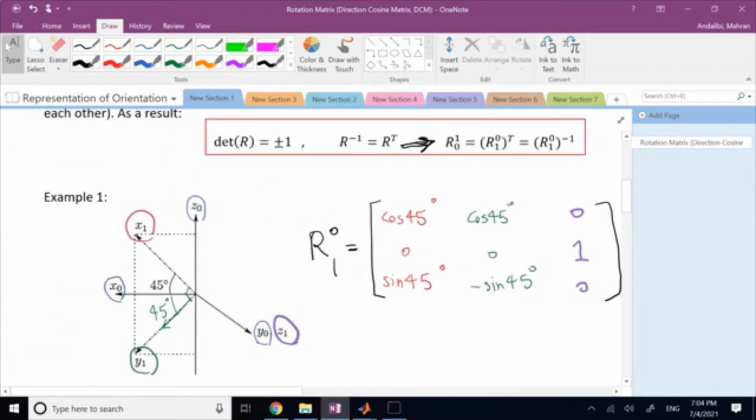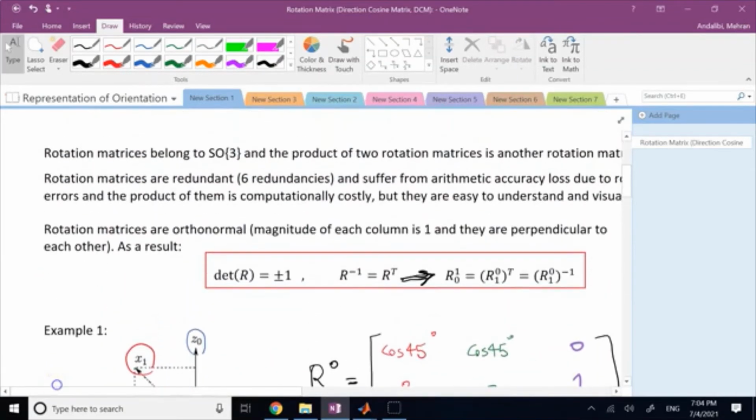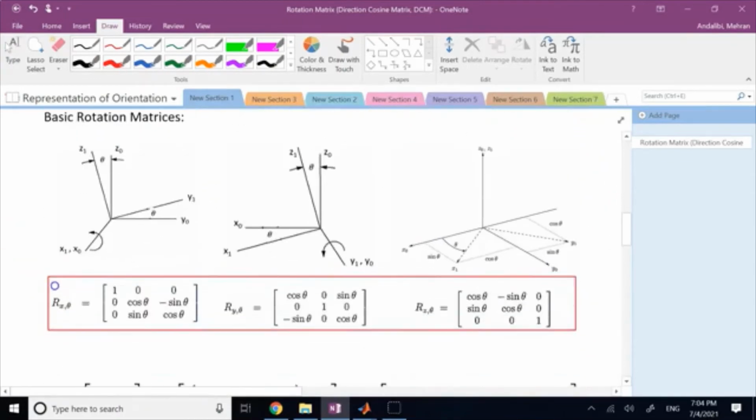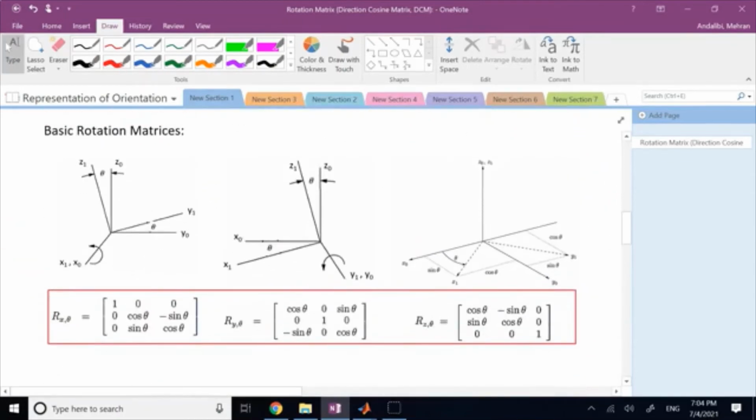Okay, so this is one example that I wanted to show you, how to work with the rotation matrix, how to find it, and some of the stuff that we learned. Now, the basic rotation matrices are quite important. If you rotate about the x-axis or the y-axis or the z-axis, the resulting rotation matrices are very important. So here, if I rotate my